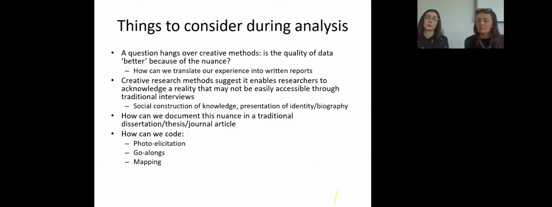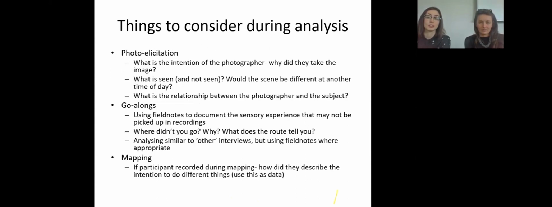How can we code photo elicitation images? How can we code interactions with the environment through go-alongs? And how can we code maps? So I think often when we're trained as social researchers, we're trained to analyse text. As much as our methods are able to expand and explore with creativity, often we don't have the dialogue and vocabulary to code images in the same way, with the same confidence. So while we can't actually give an answer to these questions, because we ourselves are learning as we go along,